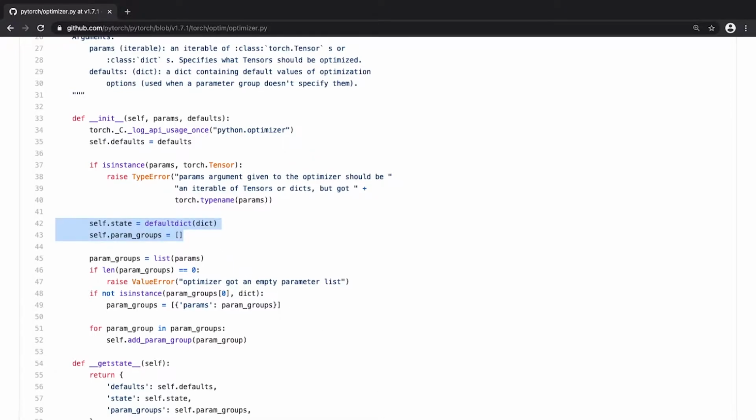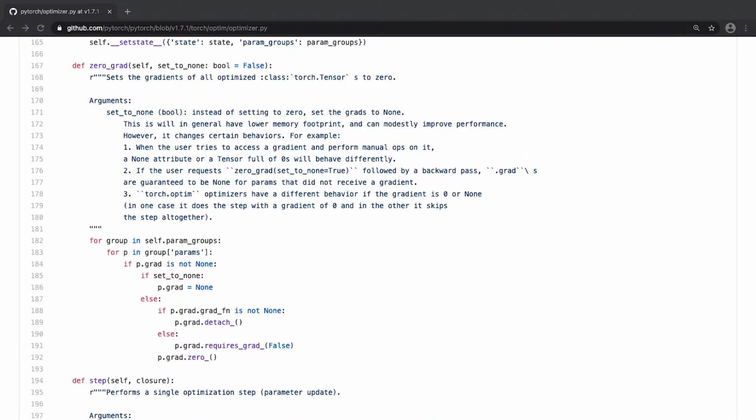Let us now focus on what is inside of the constructor. As you can see, we define two different attributes. First of them is state, which is a default dictionary, and the second one is going to be param_groups, equal to an empty list. The state attribute is really useful because it allows us to store any information and then use it in future steps. One specific example of when the state might be useful is when we implement momentum optimizers that need to store information like the parameters from the previous step. The second attribute, param_groups, serves as a nice way to access all your parameter groups with the same formatting of the parameter dictionaries. The rest of the constructor focuses on populating this param_groups list.